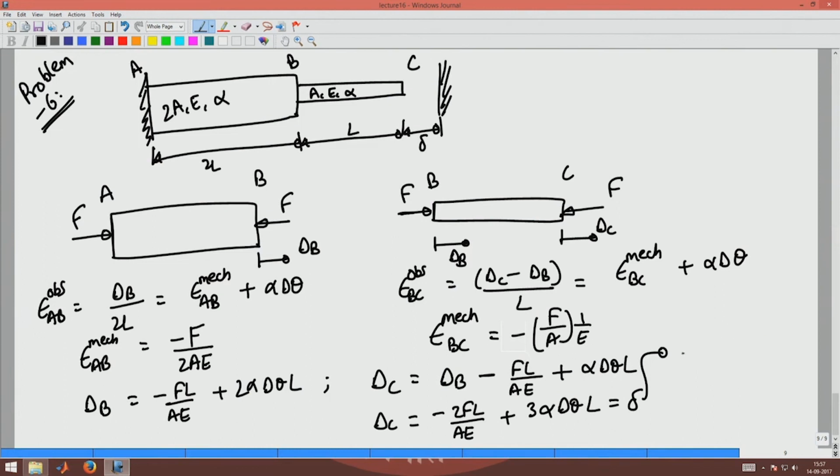From this you get F as 3 alpha delta theta L minus delta into AE by 2 delta by L. Okay. We will get F as that, and from here it is clear that if delta